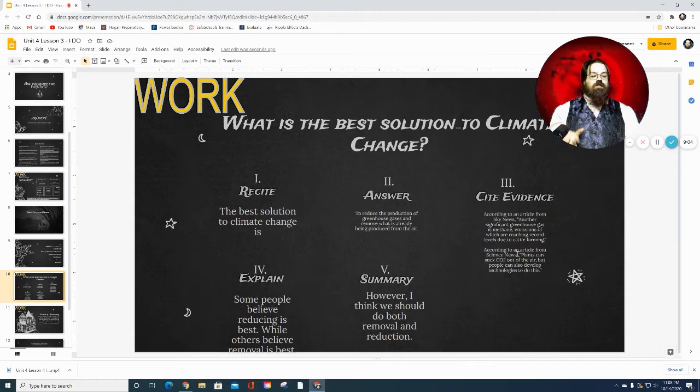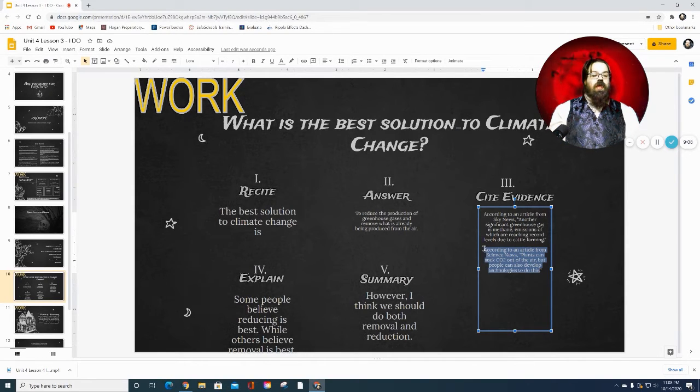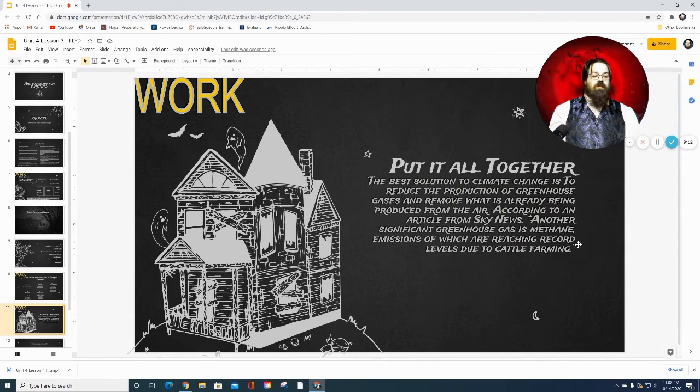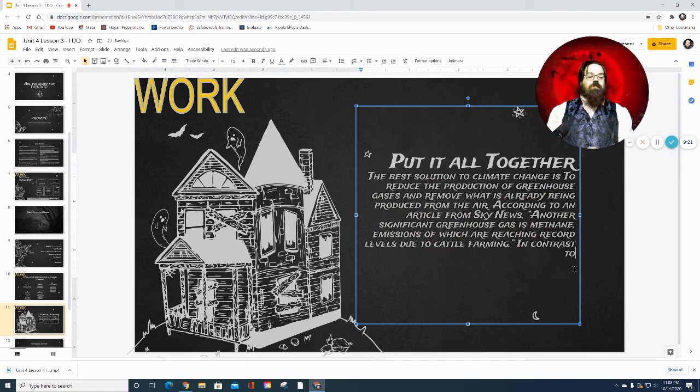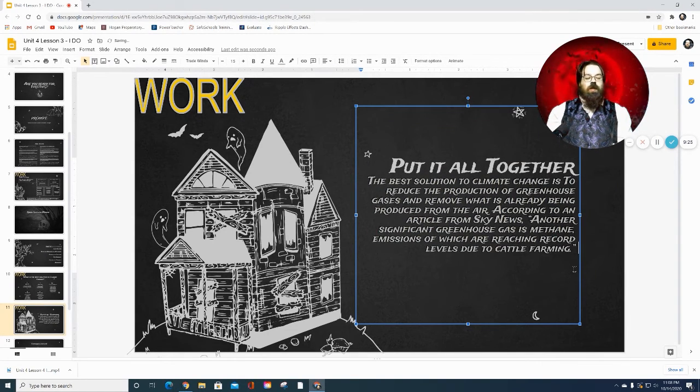Now, these are contrasting. One is about reduction, the other is about removal. So I need a contrasting signal word. I'm going to say however, or in contrast to, or I could say but,